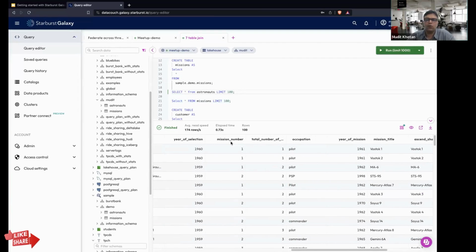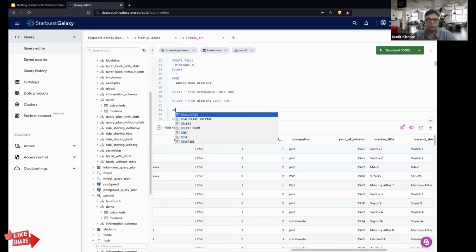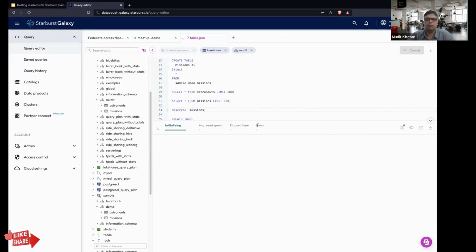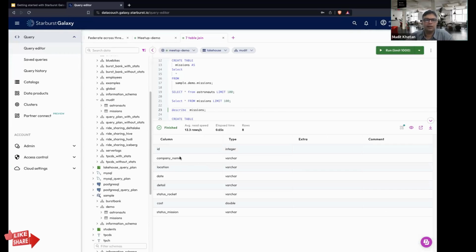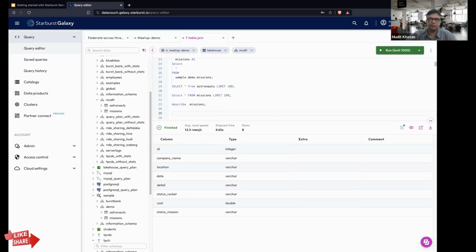It is giving you the mission number, mission ID, and let us run a simple join query based upon this mission number. If I want to describe the missions table, in the astronaut table there is the mission number field, and in the missions table there is the ID number field. So we need to remember, we need to join based upon that.